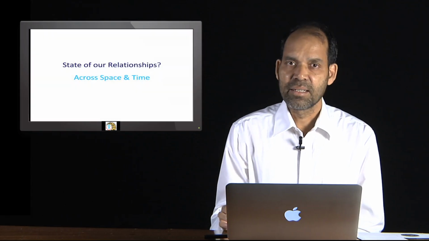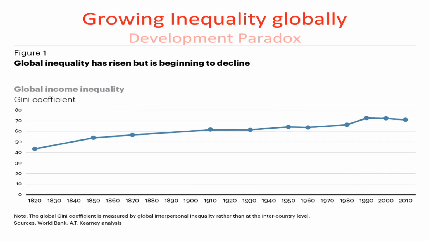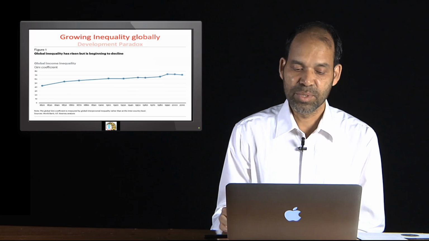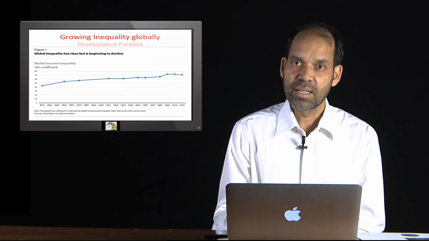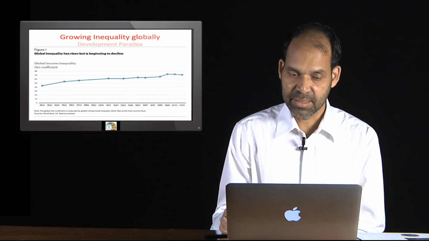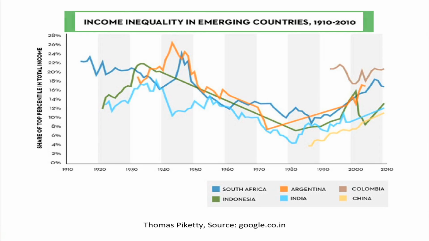There is a growing inequality, and there is enough of work which suggests that there is growing inequality. The best that we have today of course is Thomas Piketty's study, the World Bank reports, which show that there has been global inequality that has been rising for the last about 190 years, and the Gini coefficient is increasing during this period. If you look at the income inequality in emerging countries, it's much more starker, and you can